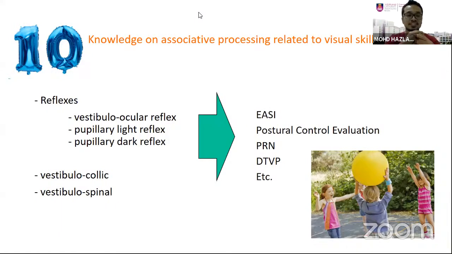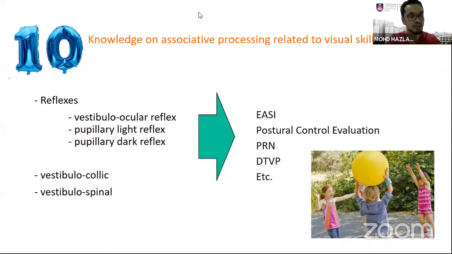So when you know how to administer the assessment, then you can further justify that, oh, I found that the child has a reduced vestibulo-ocular reflex, or the child has an increased vestibulo-ocular reflex. Then from there, you know that you as a therapist need to provide intervention that includes vestibular activity. It is very interesting when you know what assessments are available, and what kind of connections our eyes have